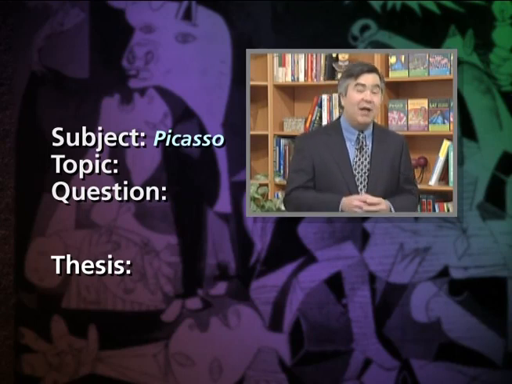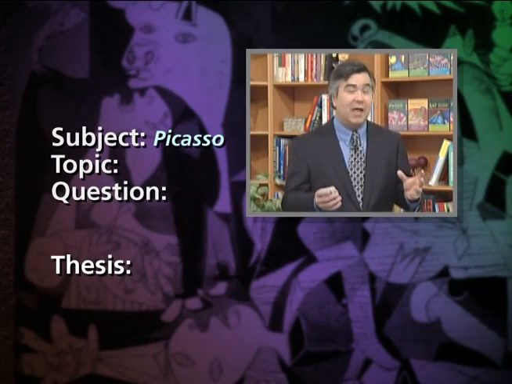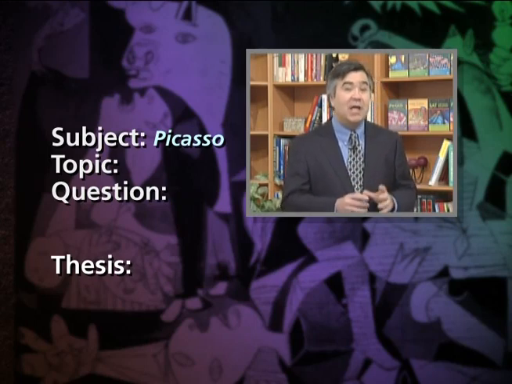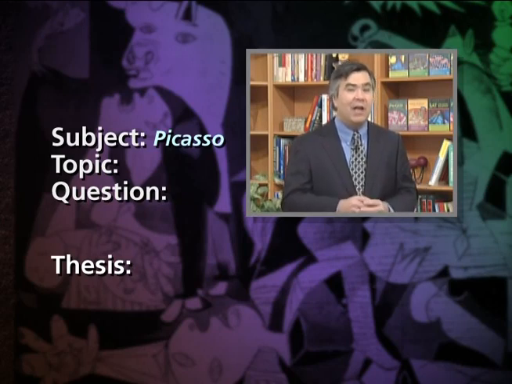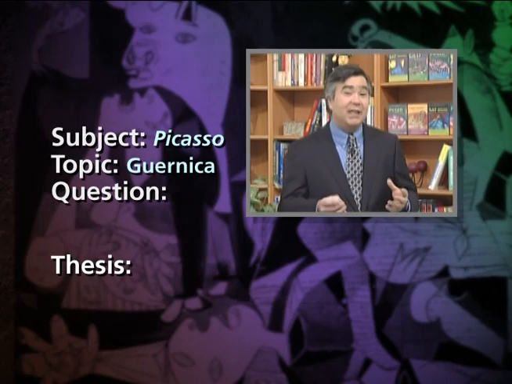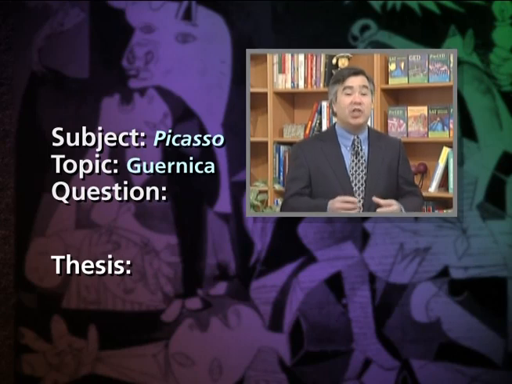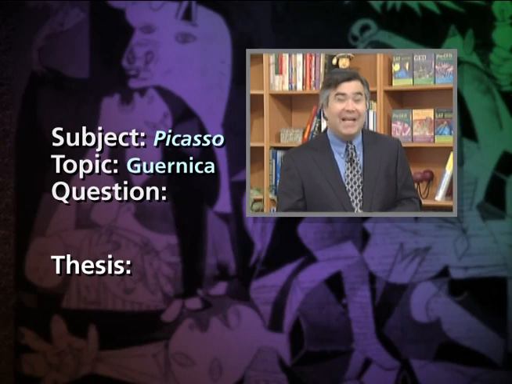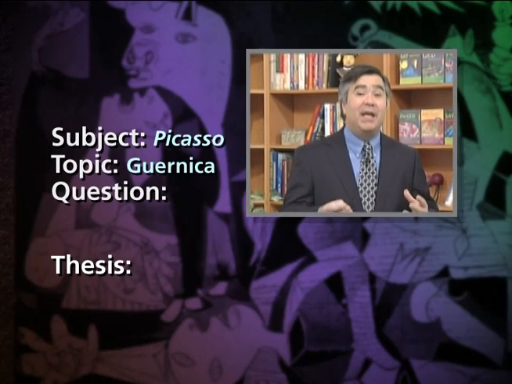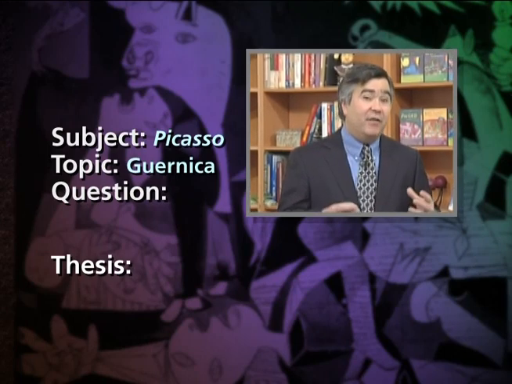Well, one way of narrowing the broad subject area of Picasso to a specific topic might be to pick one work of art and do an analysis of some aspect related to that work of art. Now, one of Picasso's most famous and influential paintings is a painting called Guernica, a painting that he painted at the time of the Spanish Civil War in the 1930s, and it has a political motive behind it. It deals with the bombing by German forces of an ancient, very historic cultural city in Spain called Guernica.